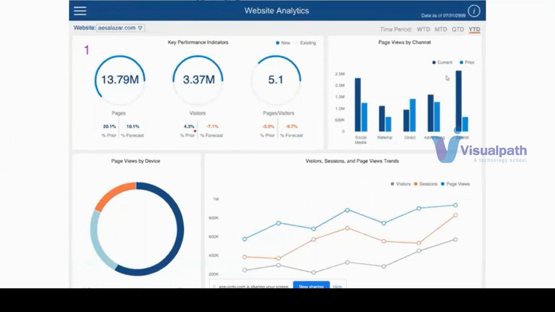And you can also see the time period over there. If somebody wants to see a view of WTD, MTD, QTD, YTD, he can go here and check the different comparisons. Okay,